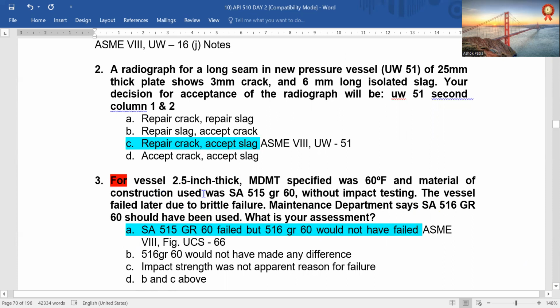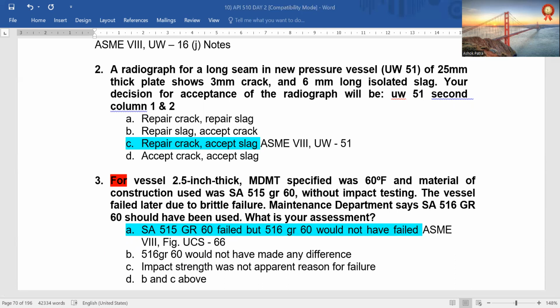For a vessel 2.5 inch thick, the MDMT specified is 60 degrees Fahrenheit, and the material of construction used is SA-516, maybe grade 70 or 60, I don't know. There is some problem in the code. The vessel failed later due to brittle failure. Let us see 2.5 inch and 60 degrees Fahrenheit. You can see